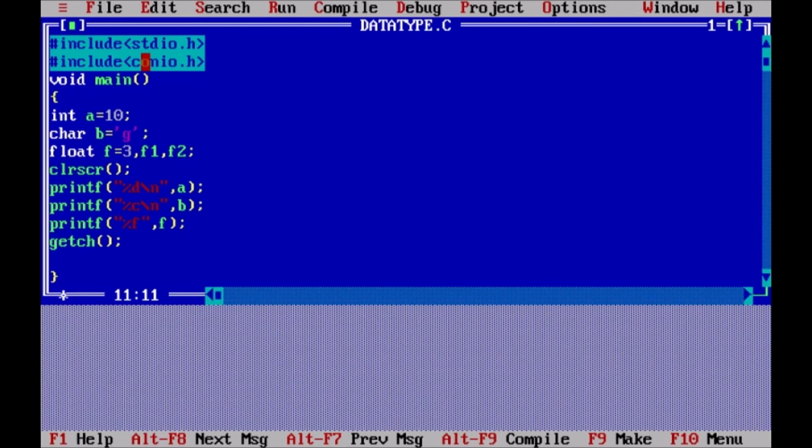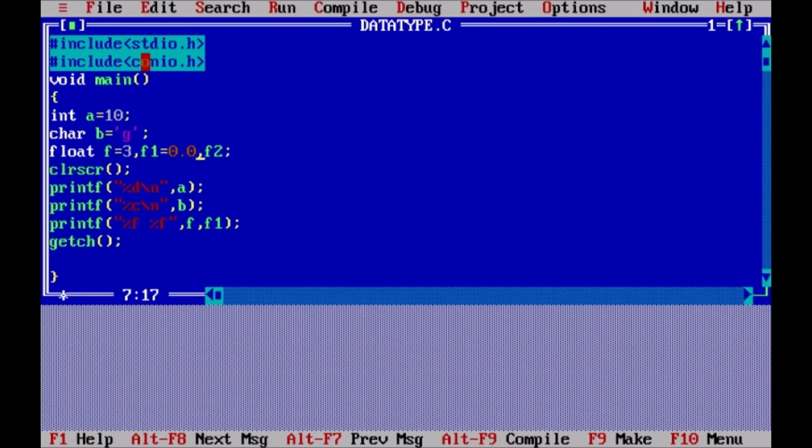And let me explain you one more thing. If you want to display multiple variables onto the screen, then you can do it in this way. You have to again include the conversion code and separate it with comma again and write the next one, that is f1. So let us assign f1 some value.